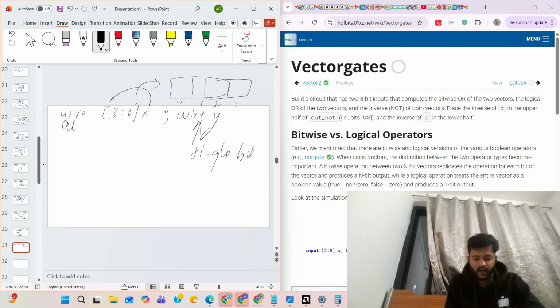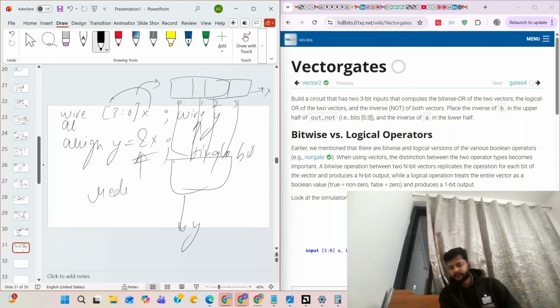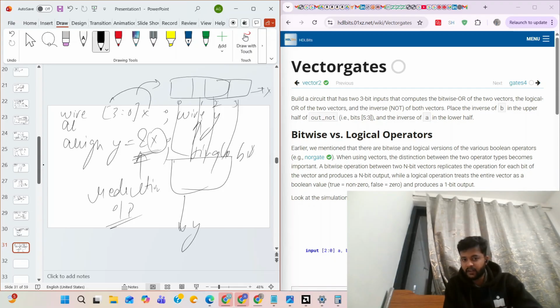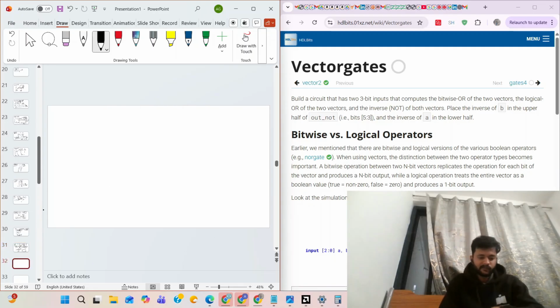If you use assign and apply the reduction operator, it will operate on every bit of x, reduce it into a single bit, and give us that as an output.